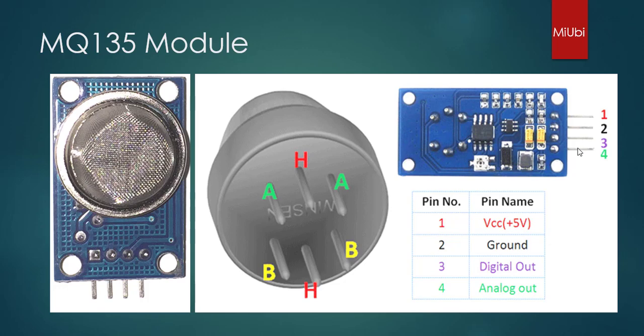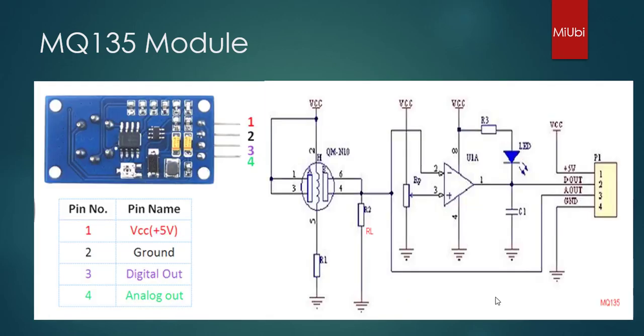If you see the MQ135 module, basically it is a module which has a gas sensor, and you can connect your voltage source, VCC and ground, and you will have two outputs here, a digital output and an analog output. The digital output is essentially coming from an operational amplifier, or in other words a comparator in simple terms, where you compare the levels of resistance or the voltage drop and then you raise an alarm. This is basically a hardware tuning, not a software tuning.